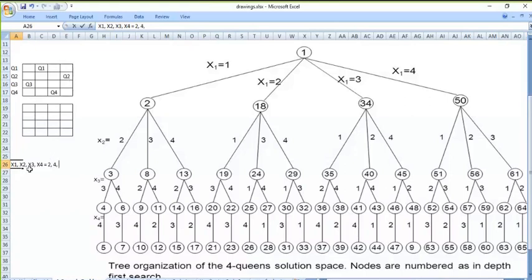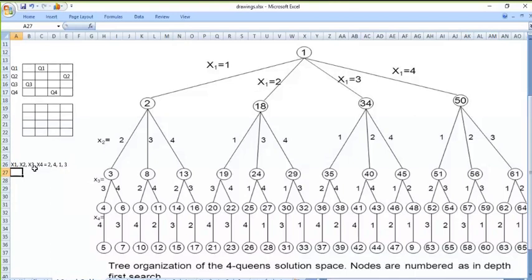Then x3 is Q3's value. Q3 is in column number 1, so x3 will become 1. Then x4 is for queen 4, and queen 4 is on the third column, so x4 will be 3. So when x1, x2, x3, x4 are placed on the second, fourth, first and third columns respectively,